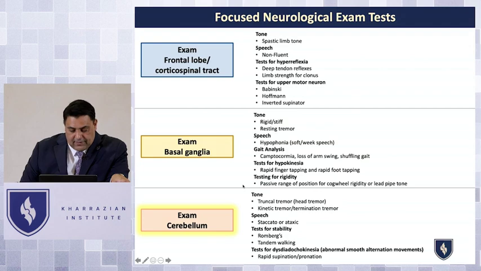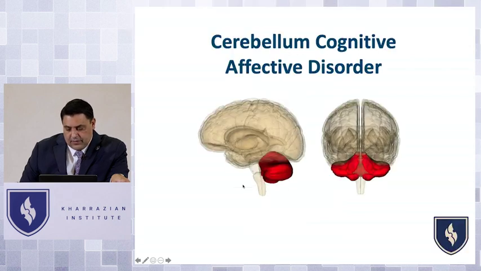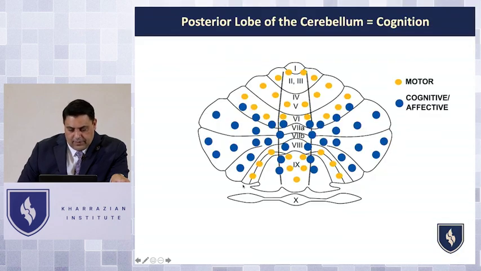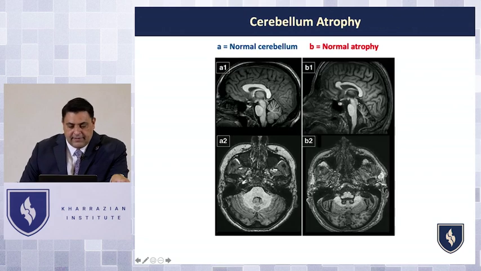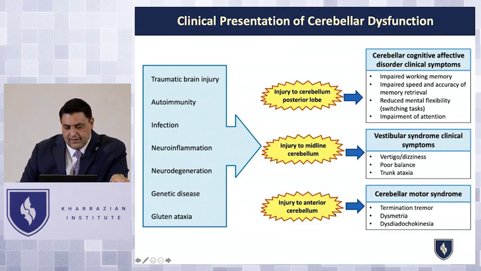And then if you get into the cerebellum, where you're trying to see if there's any cerebellar cognitive affective disorder, remember that the cerebellum is now shown to be a major part of cognitive function, and the posterior cerebellum can start to degenerate and get injured. And if it does, that'll have a major impact in cognitive assessments. And if it gets really progressed, you can see normal cerebellums degenerate and atrophy like here, and normal cerebellums atrophy like here. But in early stages, you may only see clinical exam findings and symptoms, not see any imaging